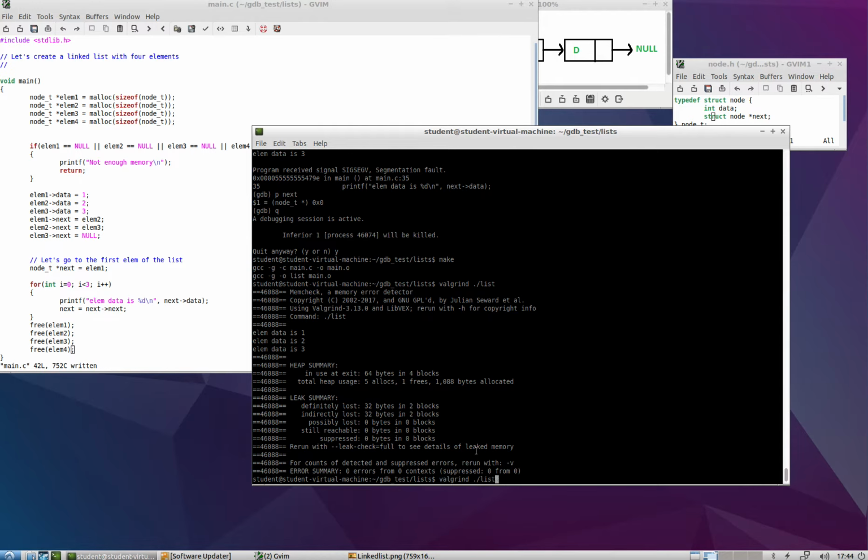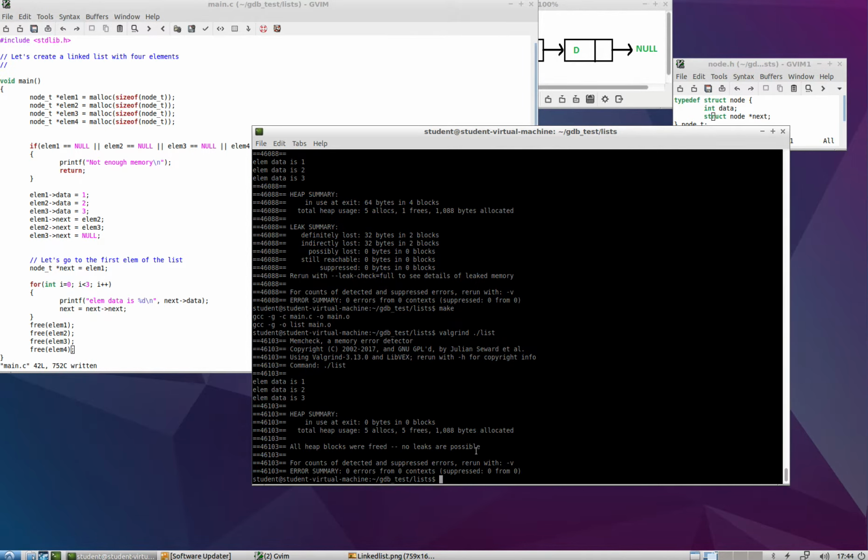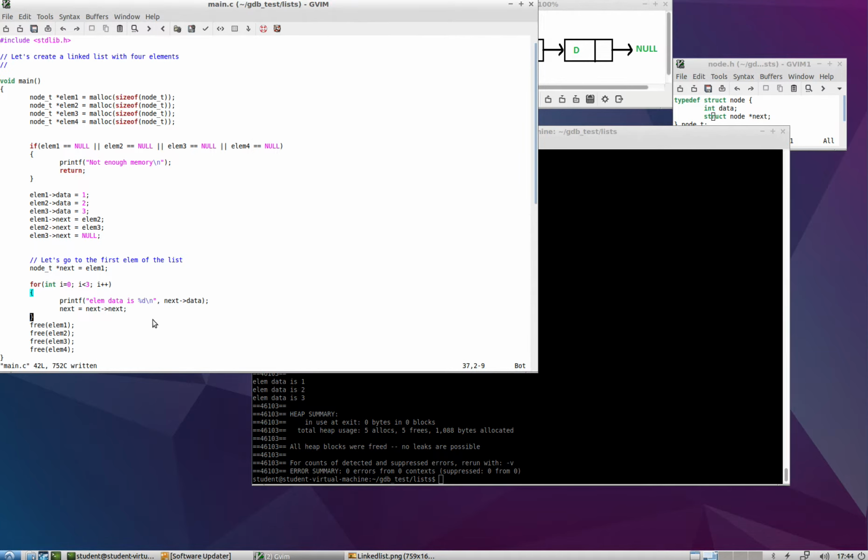Okay, so let's build it again. Now Valgrind is not complaining at all, so everything was freed. Good. It's also a very simple program, so it shouldn't be a problem. And now that we freed everything, I'm going to show you the last error that I see very often: